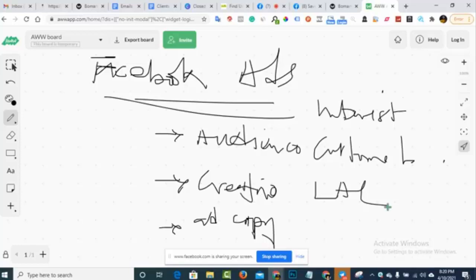So I'm going to first talk about the interest-based audience. Basically, what Facebook is trying to let you know is that, listen, we can go out there and look for these your customers, but first you need to tell us what they are interested in. Facebook has been able to build this database of people's behaviors and interests over time.